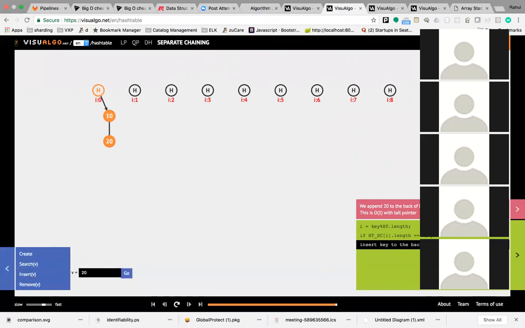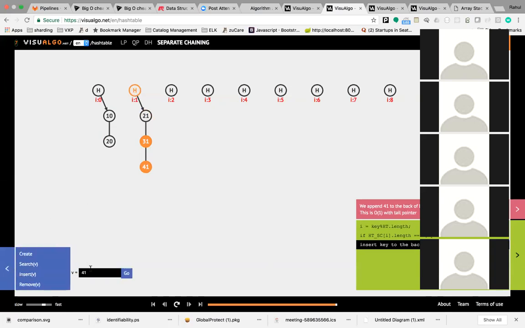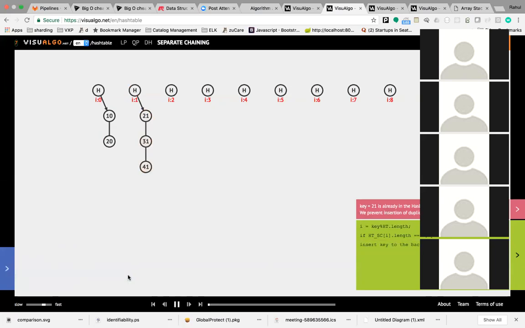Now if I do 21, it will go to the next one. Let's say I insert 31, it will go to the second. Let me insert another, like 41. You see what happened, right? It goes to that location where it is indexed, then goes down, and then finally inserts it. Let's say somebody wants to insert 21 again, then what will happen? It already goes, finds it, and then